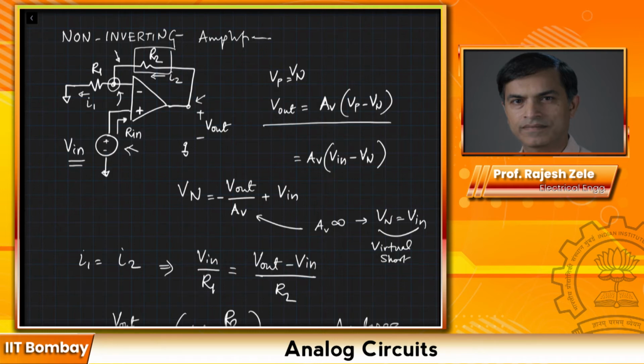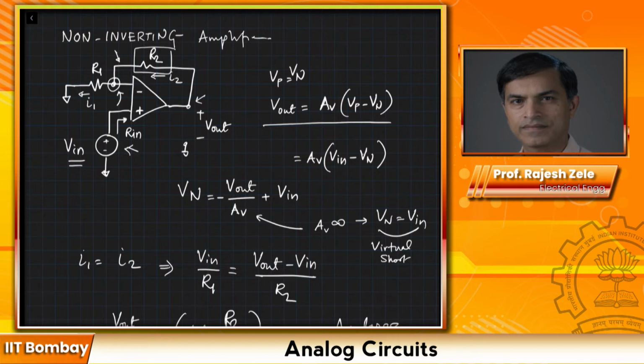First of all, what is In for an ideal operational amplifier? For an ideal operational amplifier, we have gone through this before. In is equal to 0. There is no current going inside. It looks like a totally open circuit. So as a result of which,